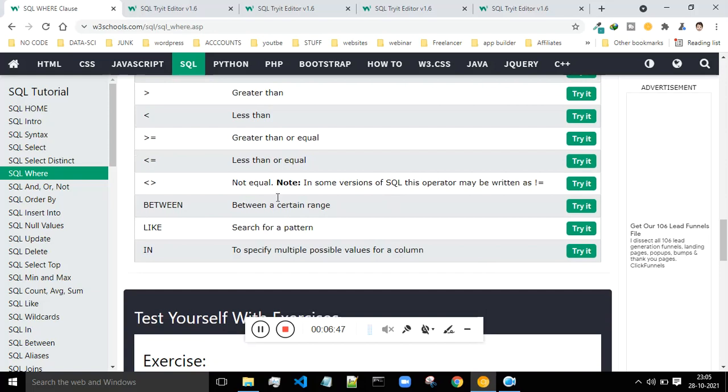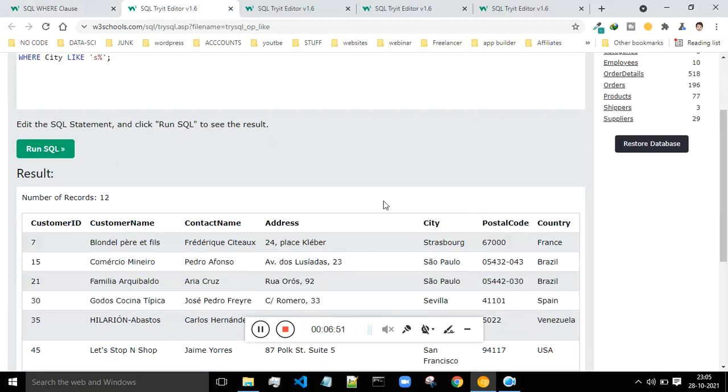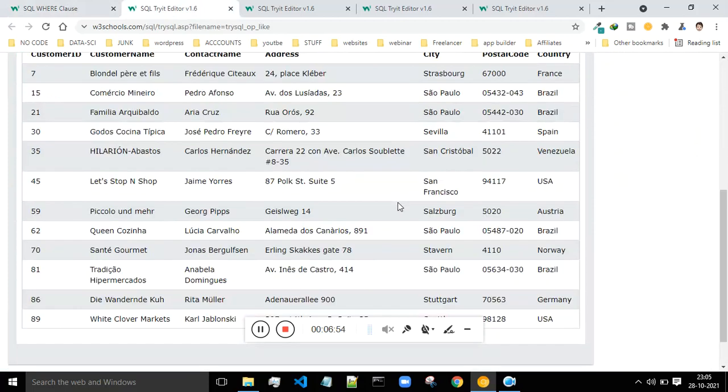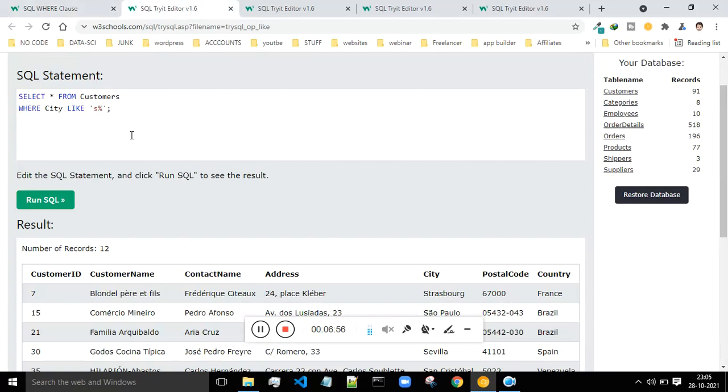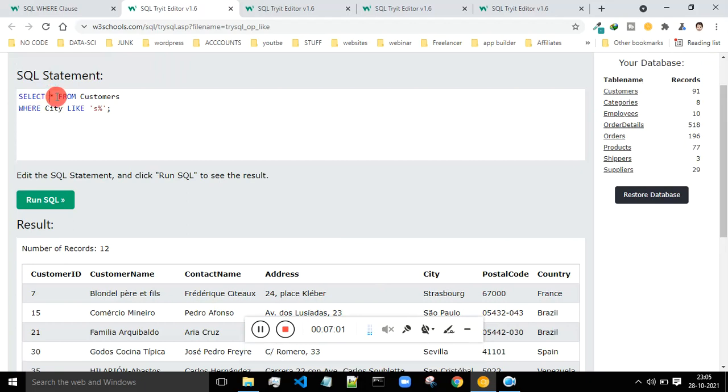Search for pattern. Okay, let me just see. City like. So over here, what has been done is that it is selecting everything from the customers table where city like, and this is the syntax: single quotes, then S, and then the percentage sign.